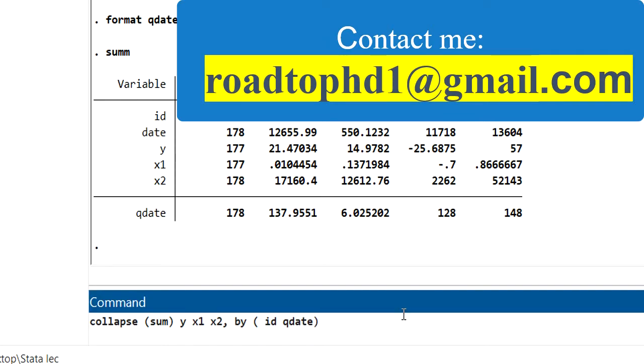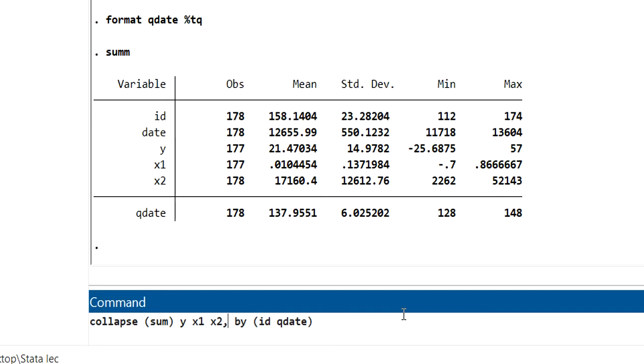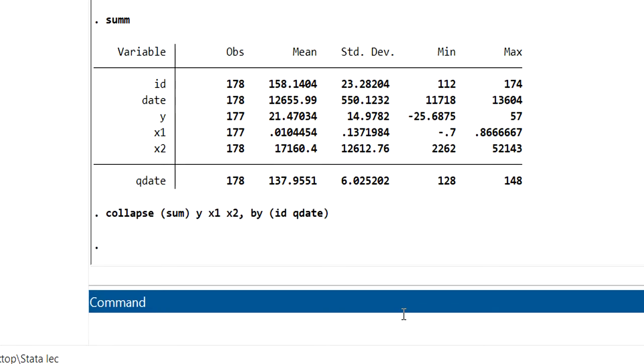We want to keep id and qdate in their original form, that's why we add by id and qdate. So just press enter.